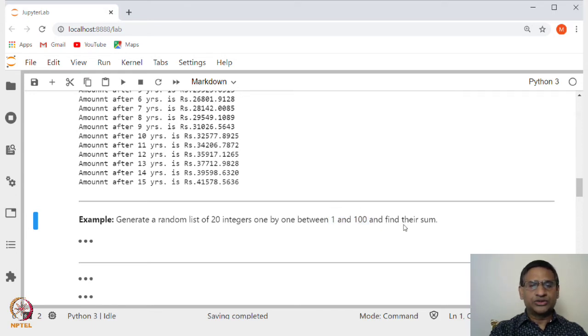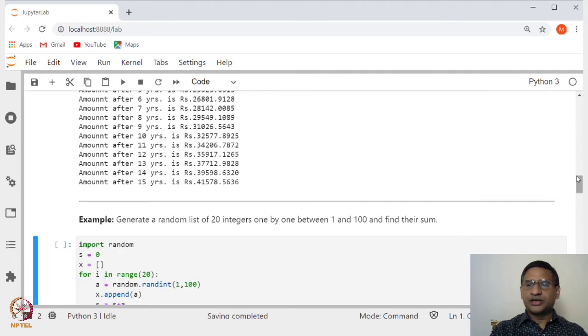So, you generate one number, let us say it is 5, the next number is let us say 7. So, you add 5 plus 7, that is 12, generate the next number, say 51, then 51 plus 12 becomes 63, and so on. So, keep on doing this how many times? 20 times. Let us see how we can make use of a for loop for this.